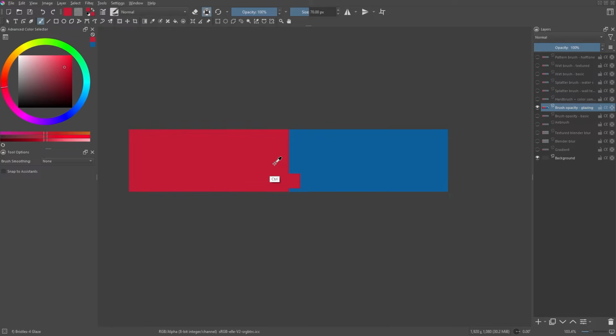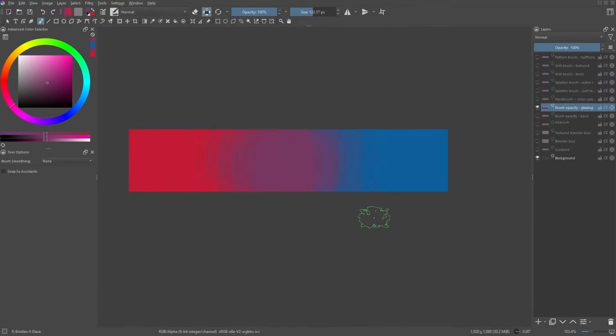Again, the brush stroke technique is similar to the previous one, so we need to apply the strokes with light pen pressure. We can sample the color that appears in the middle by holding Ctrl and then clicking on that area, and just apply the brush stroke again gradually. You can see that this technique creates an even more painterly-style color transition. That is why, despite the longer process, many prefer to use it over the airbrush or blender blur techniques.